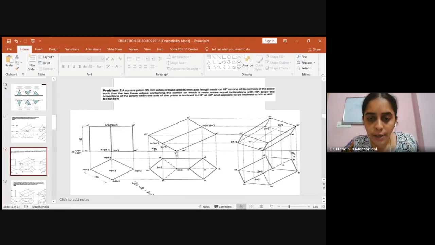So this is the corner on which the square prism has been resting. The projection coming out through that corner will always be hidden. So these two sides which are hidden theoretically, this is applicable practically also. Okay, this is a crude method that they follow. So this is a corner which is on the xy line.